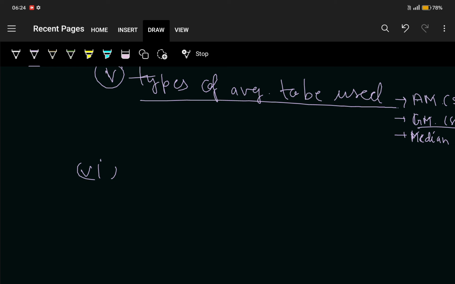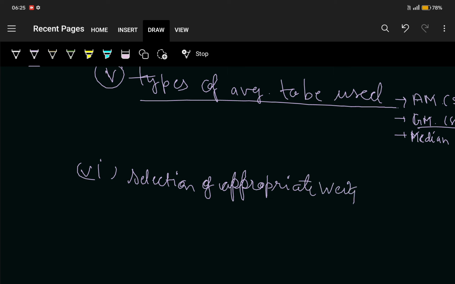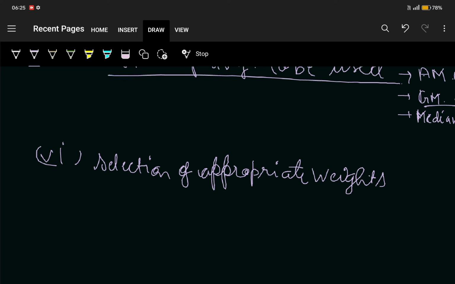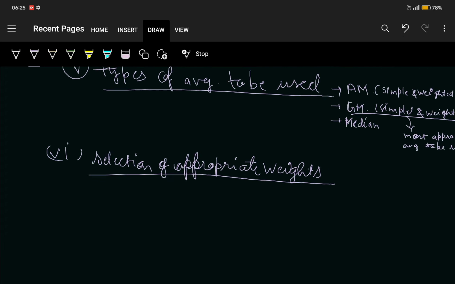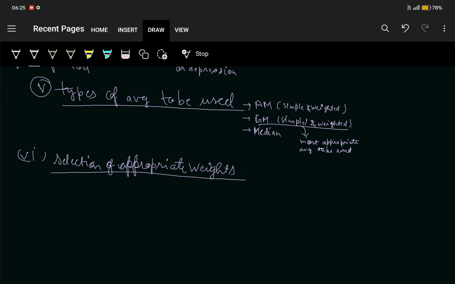So the sixth point is selection of appropriate weight. जो ज़्यादा इम्पोर्टेंट होगा उसे वेटेज ज़्यादा देंगे, एंड जो कम होगा उसे थोड़ा कम देंगे। यही होता है रियल